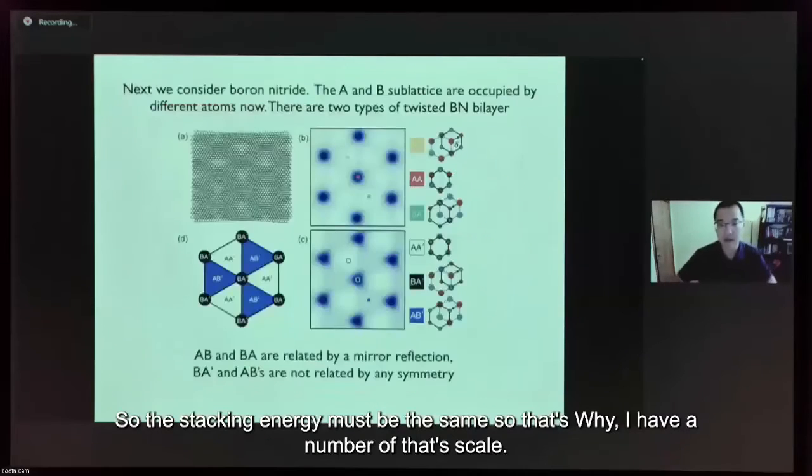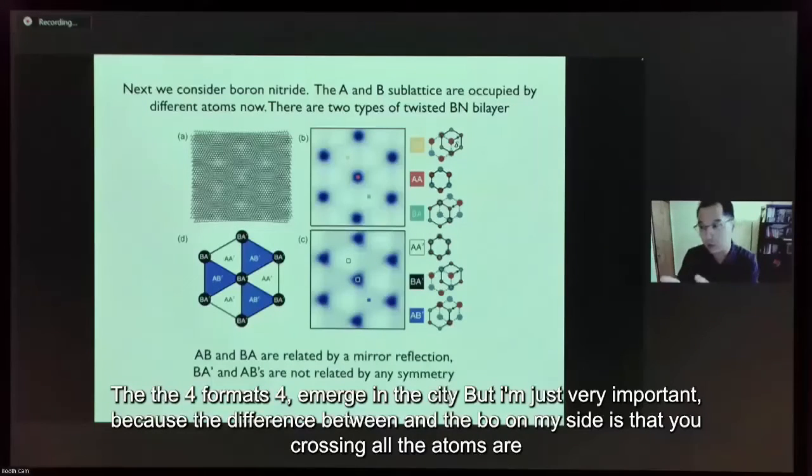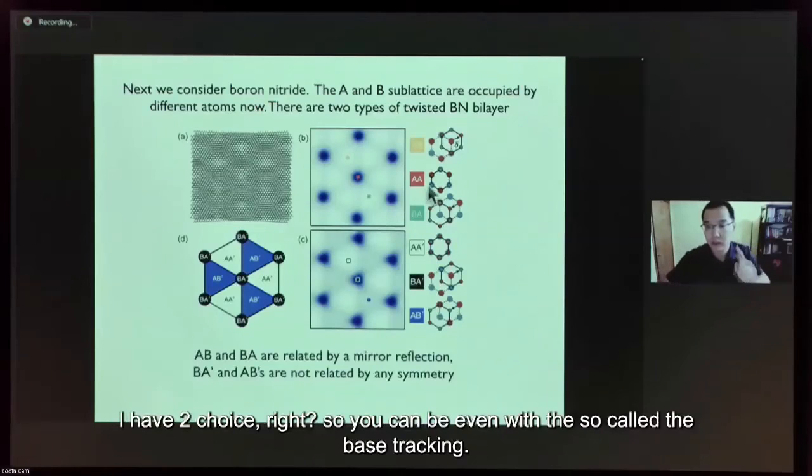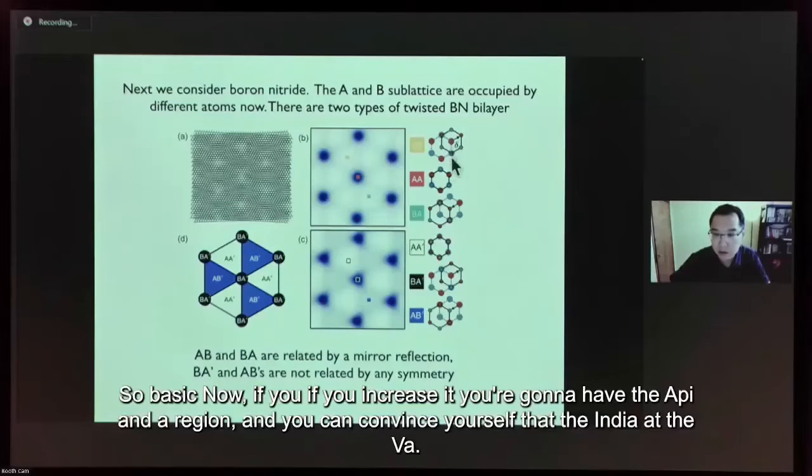Understand this is very important, because now you can think about what if I have boron nitride, for instance. The difference between graphene and boron nitride is that in graphene, all the atoms are the same, so you have a sixfold rotation symmetry. But in boron nitride, the A and B sublattices are different. Now if you think about twisting boron nitride, you have two choices. You can begin with the so-called A stacking: boron on boron, nitrogen on nitrogen. If you twist it, you're going to have the AB and the BA region, and you can convince yourself that the AB and BA regions are related by mirror reflection. So those two should still have the same stacking